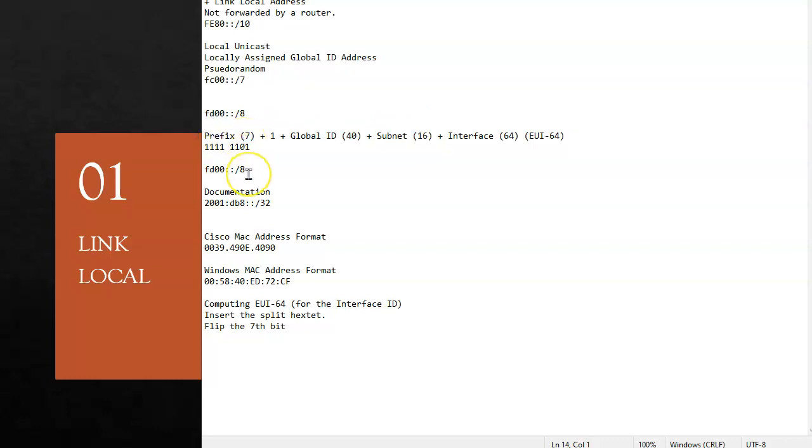Let's put a star here. Okay, so here's my first half, and then I'm going to put a pipe symbol right there. There's my second half.